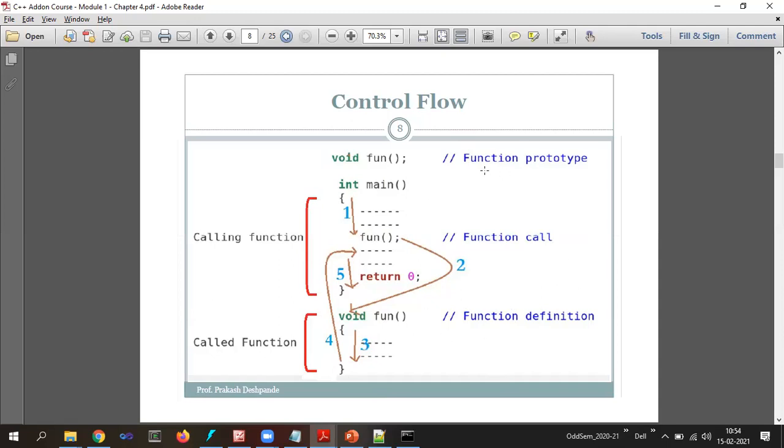Okay, is the screen visible properly? Take 1 or 2 minutes and look into the flow of execution once again. If there are any doubts, please ask, because the flow of execution is very, very important when we utilize user-defined functions. Online students, you can unmute and ask questions if you have any.